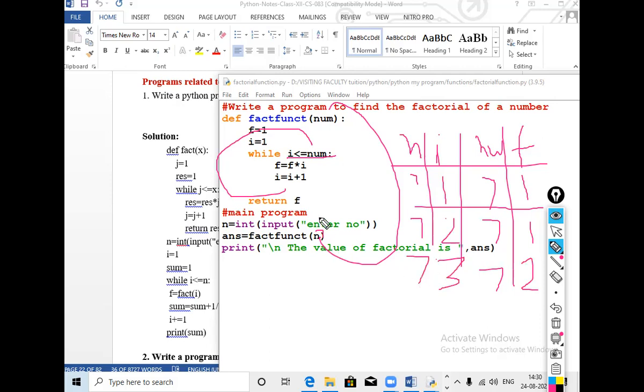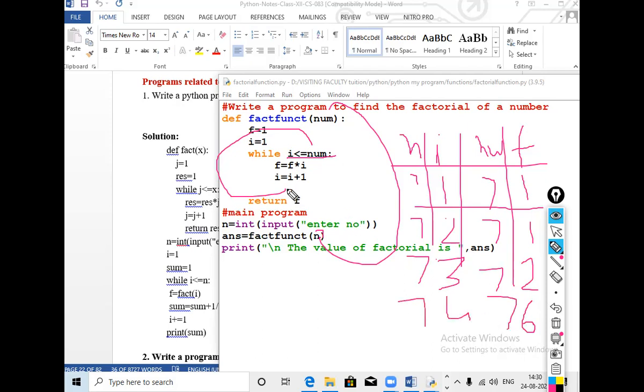Again, i less than or equal to num, that means 3 is less than 7. f equals to f into i, f is 2, i is 3, so 6. Then i is 4.